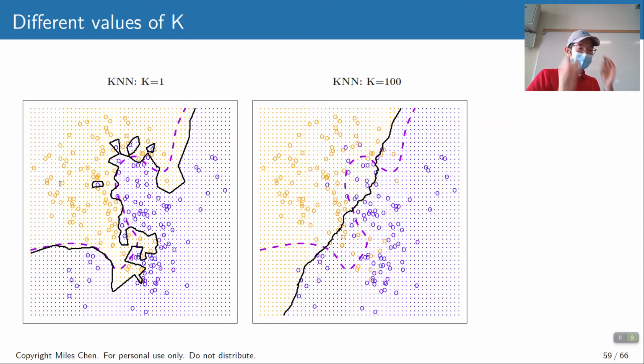So this is just a diagram showing the same ideas of bias and variance. The dotted purple line is the true boundary between the blue zone and the orange zone. And we generated some data with some noise. So we have blue points generated over here, but because of random noise, sometimes we get orange points generated on the wrong side of the boundary, and sometimes we get some blue points generated on the wrong side as well. With k equal to 1, it tries to say, what's the nearest neighbor? And we get these little exclaves and enclaves of where orange and blue exist.